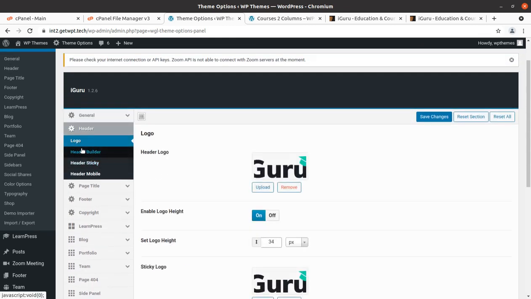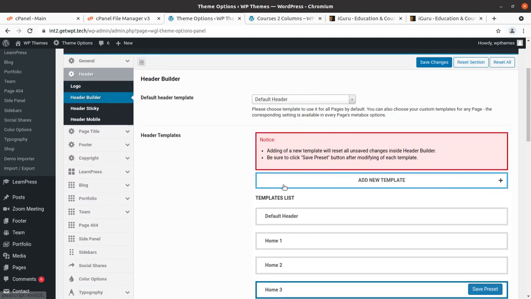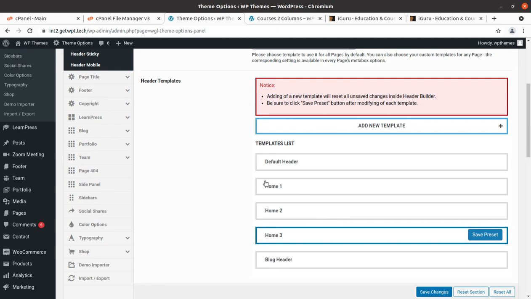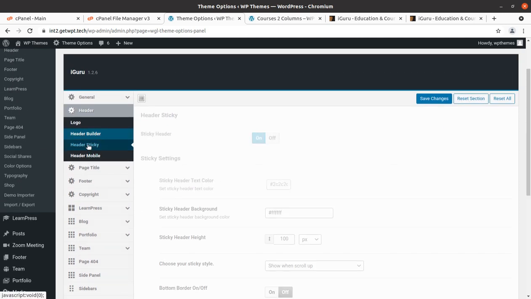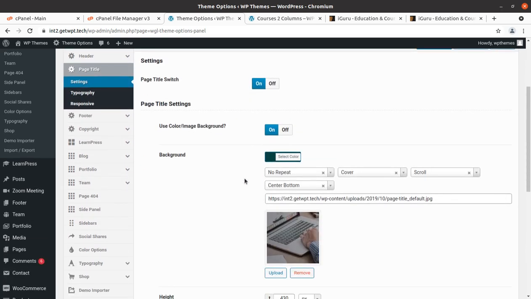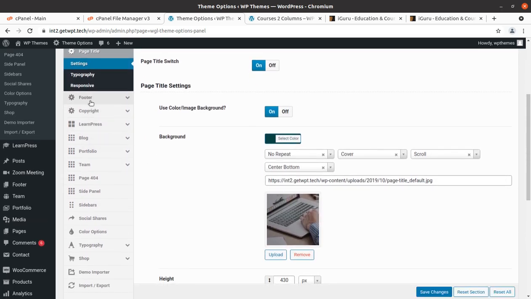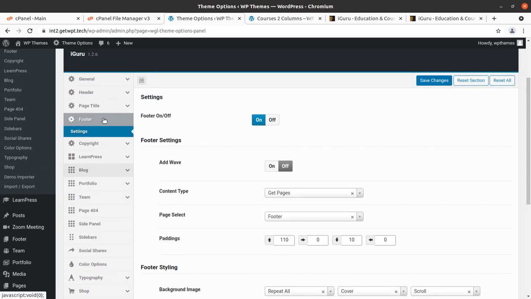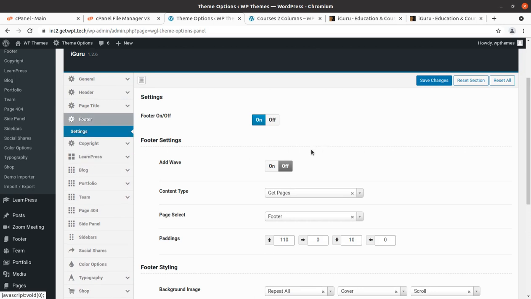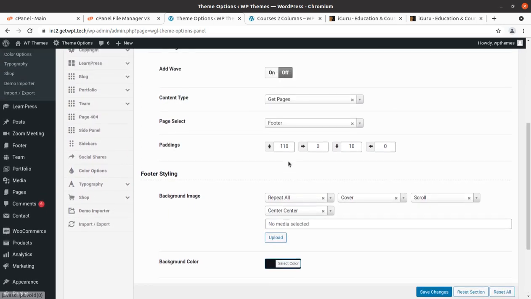And the header, we have logo, header builder is here, so we can choose any header from multiple header options. And header is sticky, header mobile, so header control is completely here. Page title you can see, and page background title. Similarly, footer is here, page title, footer is here, so footer controls.